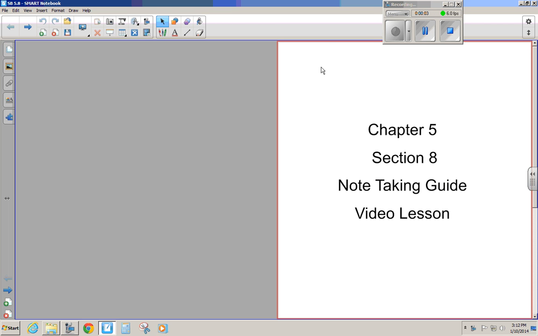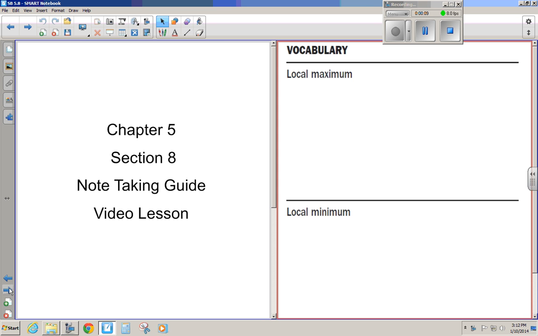Welcome to Chapter 5, Section 8, called Analyze Graphs of Polynomial Functions. Now, we're not going to do everything from this section. You're definitely going to want to have a graphing calculator handy, so that you can accomplish some of these. To begin with, a local maximum is the